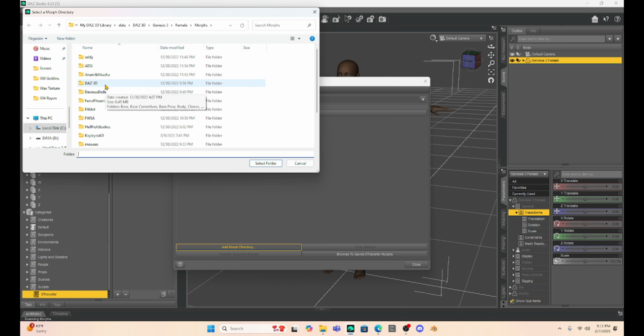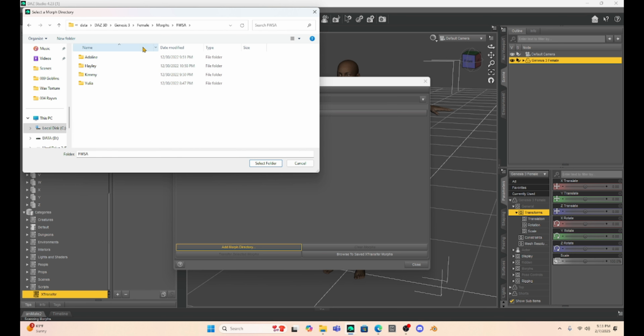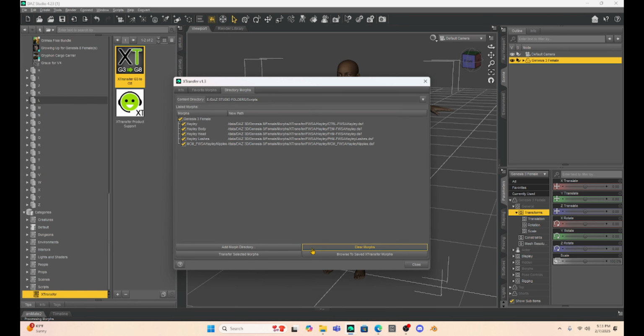So for example, I want to add that Haley Genesis 3 character that was Harley Quinn. I can add her individually to my Genesis 8 character by just selecting her. So she is under FWSA. This is Haley. So I just select her folder, hit select folder, and then it loads it into the